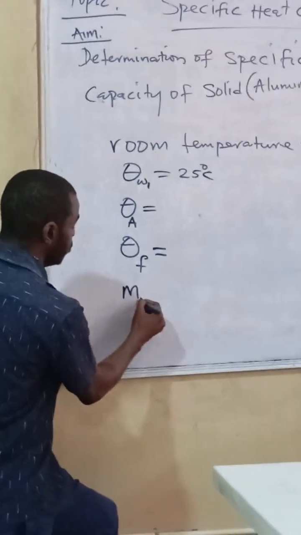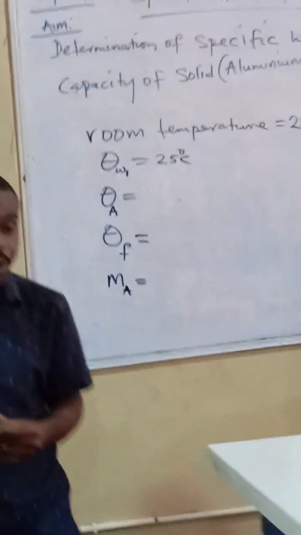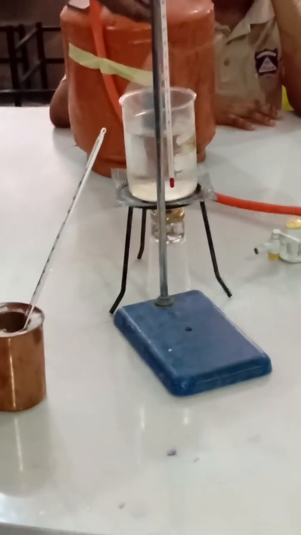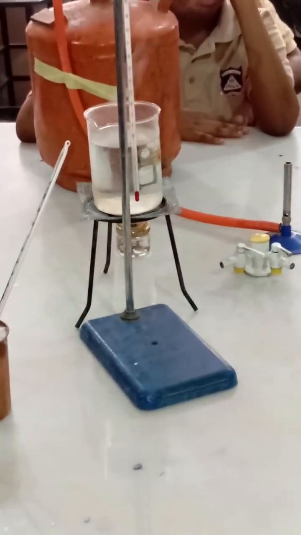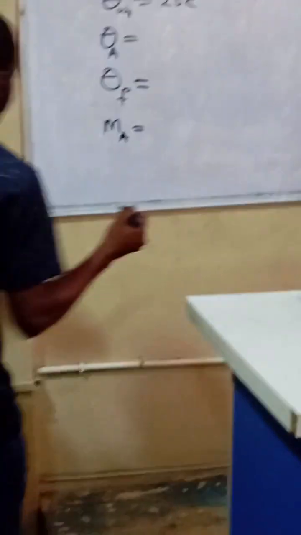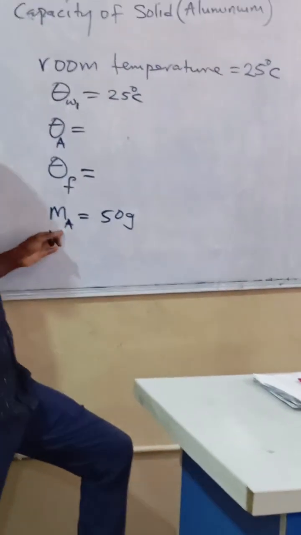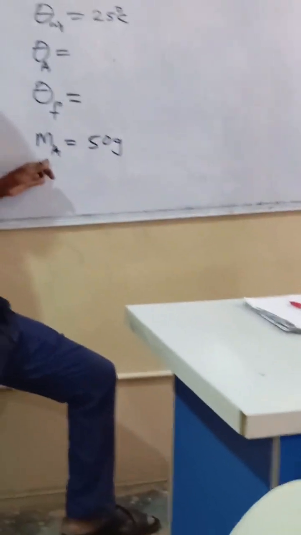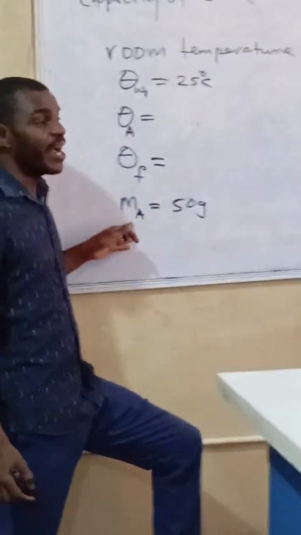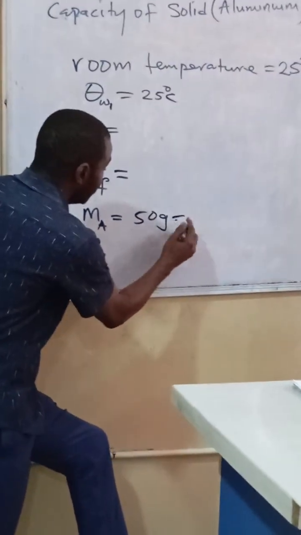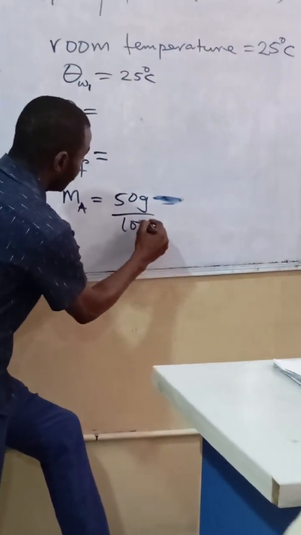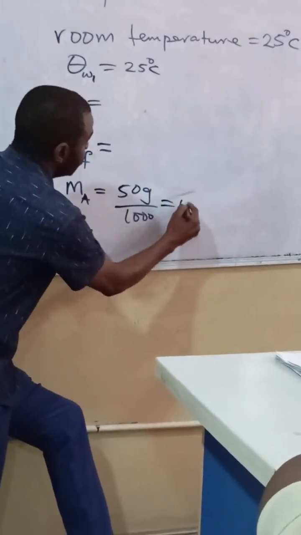of aluminium. We are going to measure the mass of the aluminium. That you can use your beam balance to measure. But the mass of this metal that we are using is 50 gram. Okay? 50 gram. So how do I convert gram to kilograms? Who has an idea? So we divide by 1,000. Okay? So divide by 1,000. That will give us 0.0